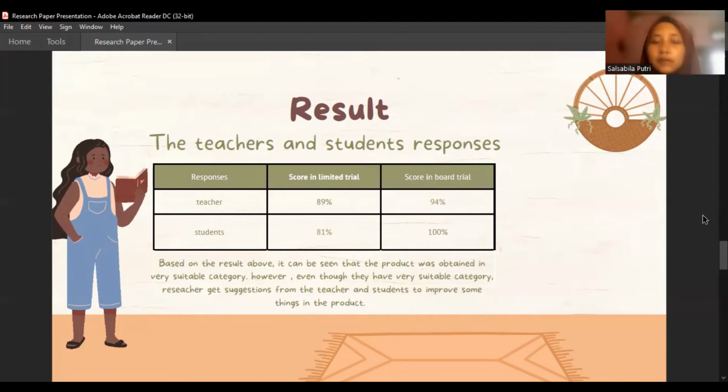However, there are some suggestions given by the teacher, namely give instruction how to access, expand the scope of material and item in order to achieve the learning objective of each PD. Okay, next is the second, the teacher response in board trial. Operational file testing results